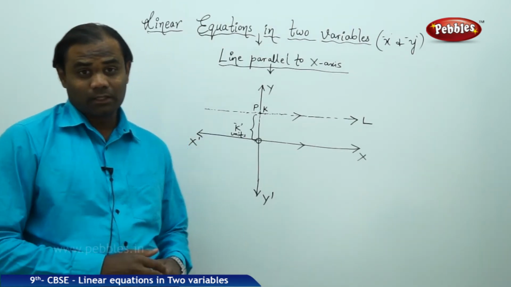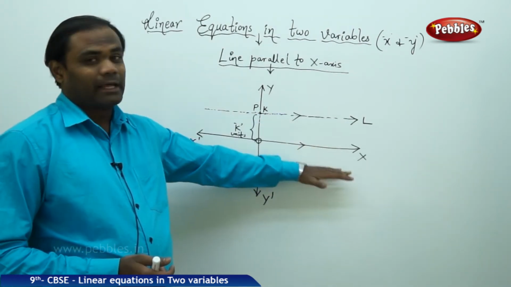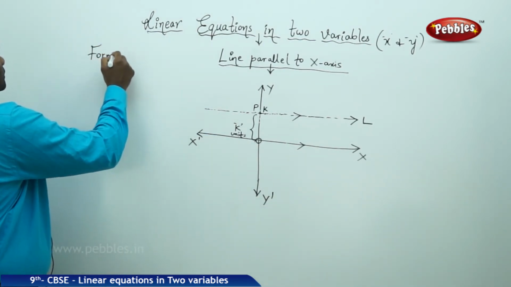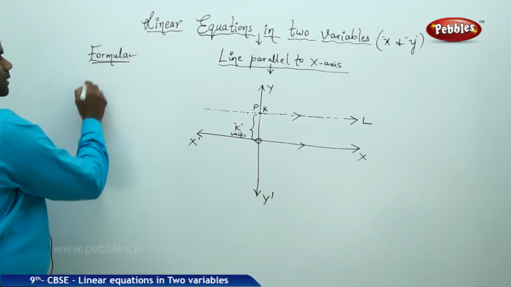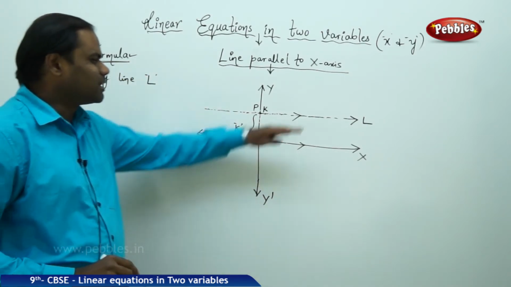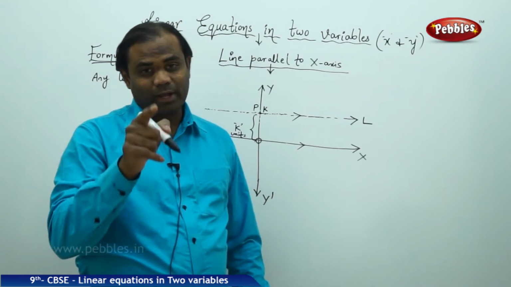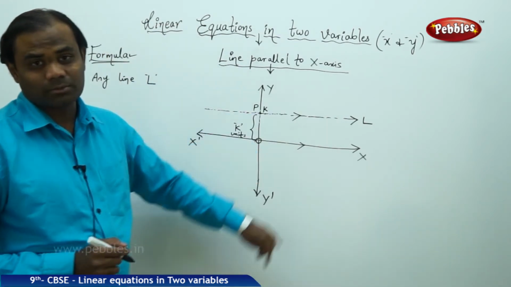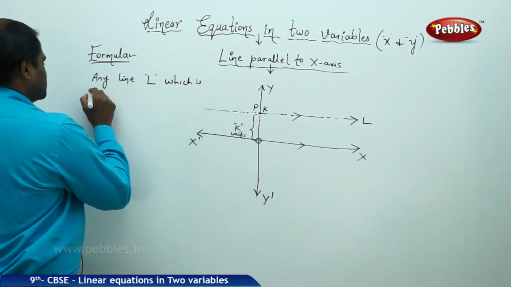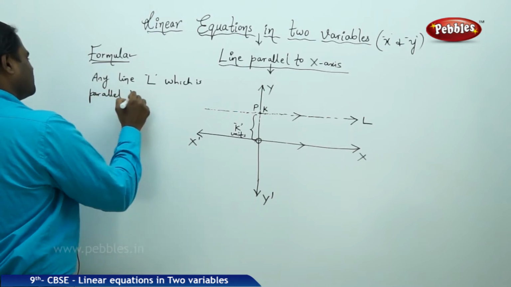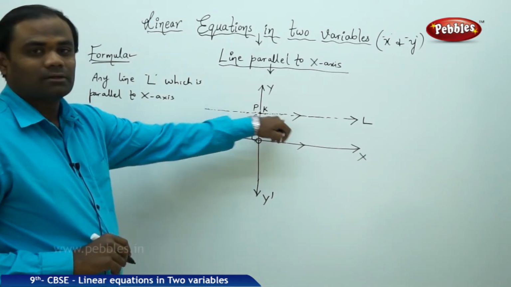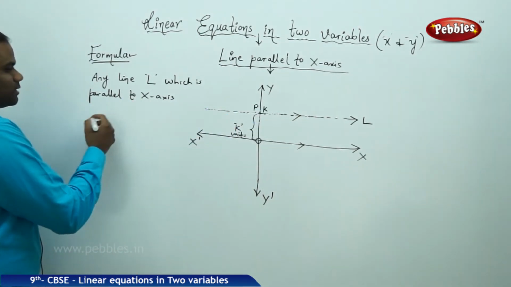Now let's see the formula. What is the condition for the line L parallel to x-axis? So here comes the formula. Any line L, this line may be anywhere in the Cartesian plane, provided the condition that this line is parallel to x-axis. So any line L which is parallel to x-axis